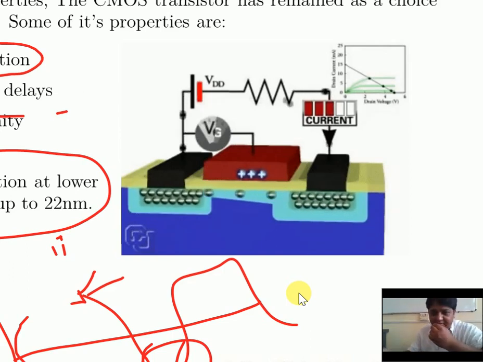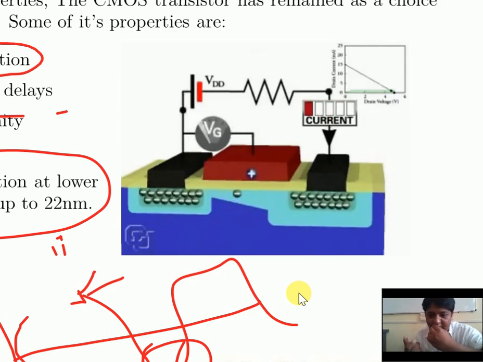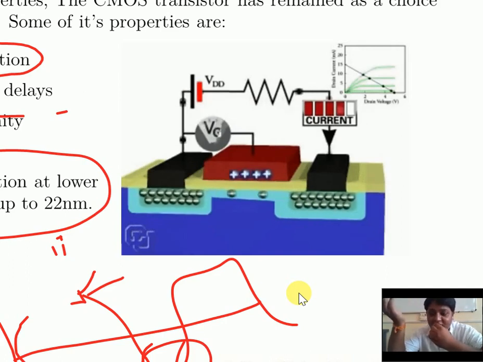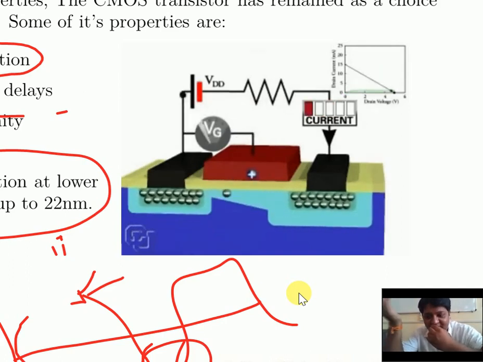So what is happening here? What you have done? You have applied a voltage. This is an NMOS. How do I know from this animation whether it's an NMOS or PMOS? Because if you see, the electrons are moving. These negative green dots, with the negative sign, are electrons, and electrons move in NMOS, while in the case of PMOS, holes are moving. Fine. So electrons are moving, that means it's an NMOS.